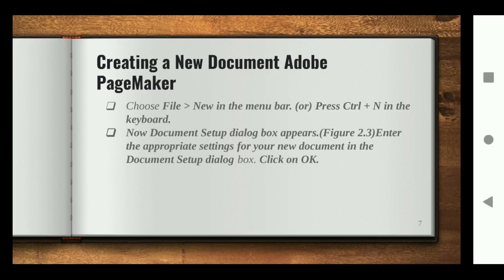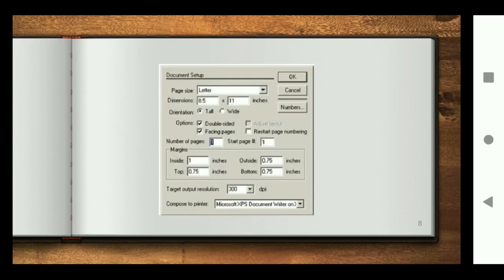When you click on Ctrl plus N, the screen will open as shown here. The main prominent option we are going to use here is page size, which is shown as Letter. When you click on the drop down button, you can see several page sizes available, from A4 to B3 to B4 sizes of pages, and also newsletter pages.